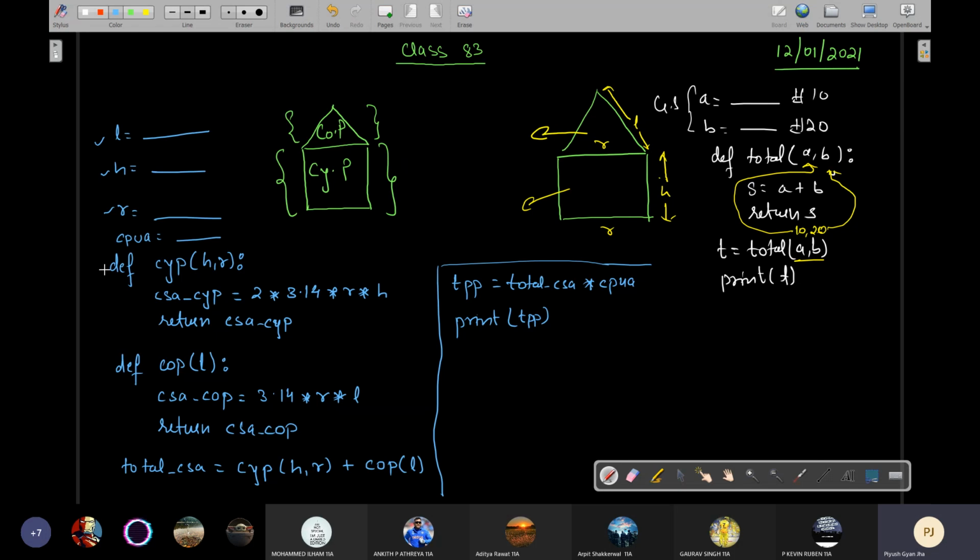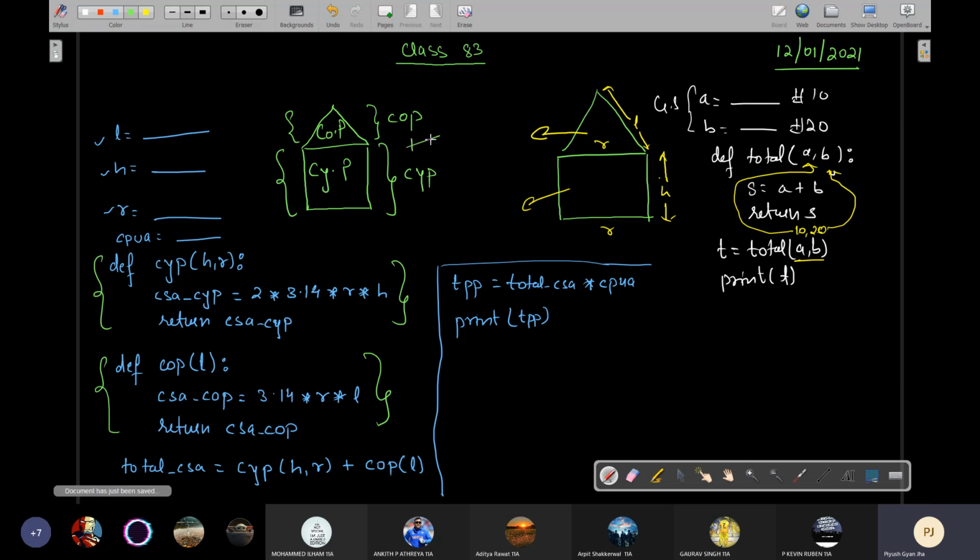This part is finding this CSA, and this part is finding this COP. Okay, and then here you are finding the sum of both.